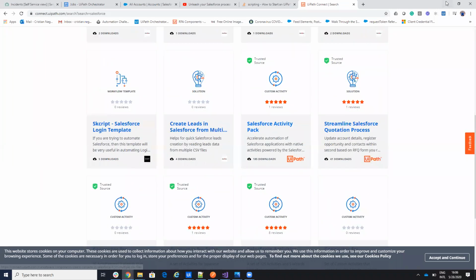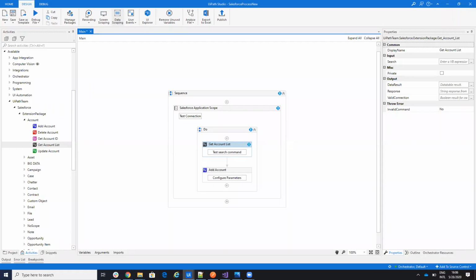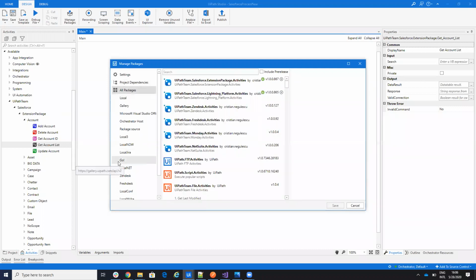Let's understand how you download it on UiPath. On UiPath Studio, you go to Manage Packages, and there you write Salesforce. Be sure that you are on All Packages. The new UiPath Studios from the 2019 version, I think, come with the Go link. So automatically, when you write Salesforce,